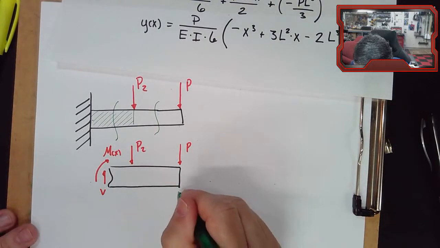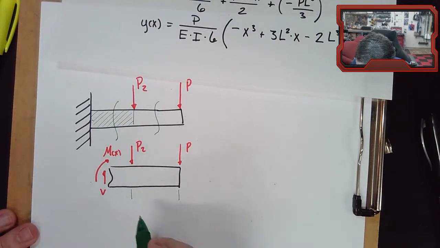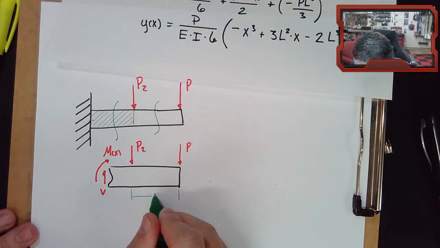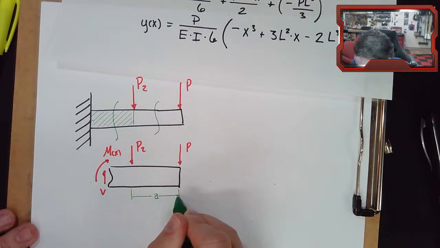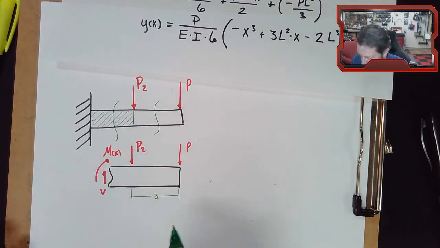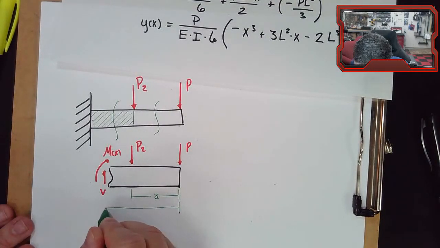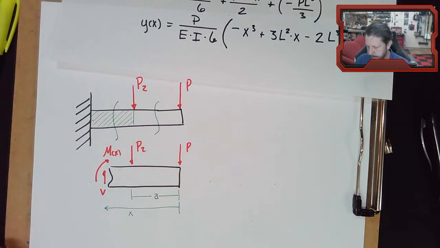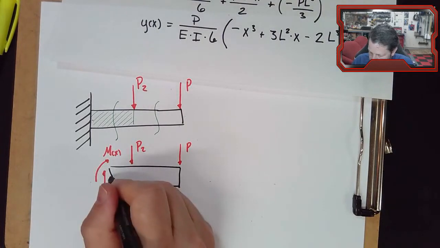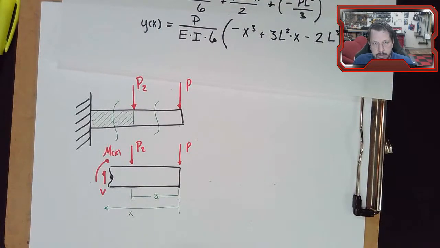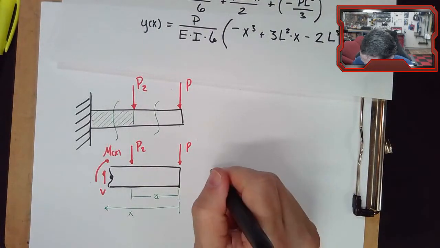We have this distance, let's just call it A, the distance between the 2 point loads. We're measuring still from x equals 0 here out to our cut, so that'll be x. So if we do our summation of moments about this point that we did our imaginary cut for our free body diagram,